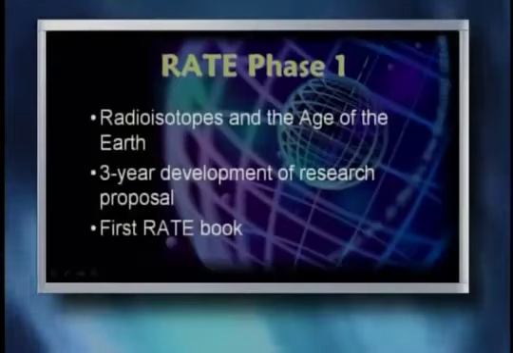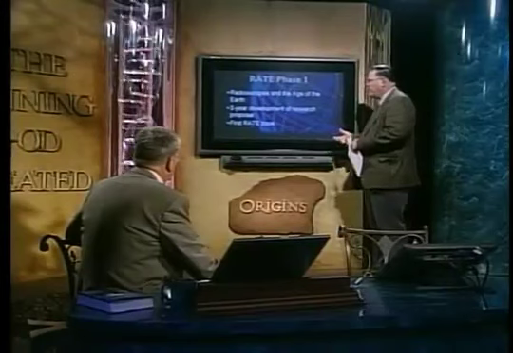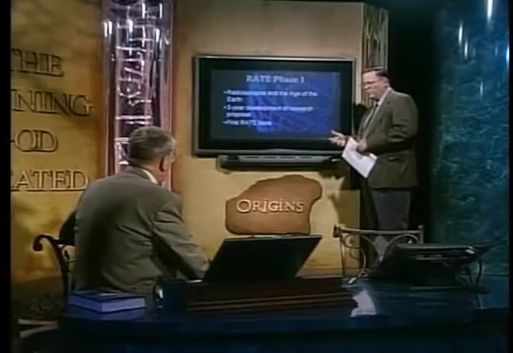It was organized into two phases. The first phase lasted 3 years, and the second phase lasted 5. The first phase was a 3-year development of the research proposal. If you know anything about graduate school and research, the student is expected to say what he's going